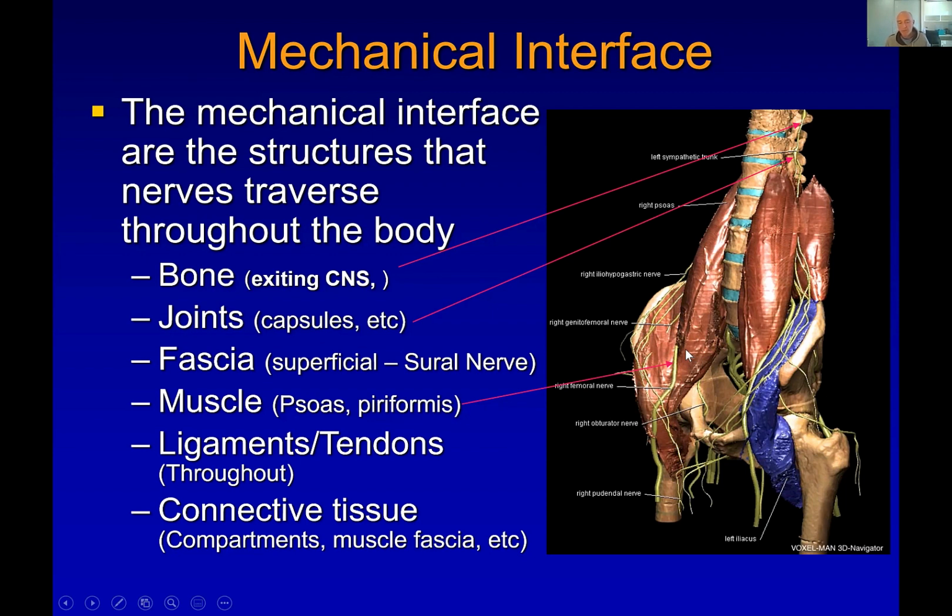So the sciatic nerve is not the only nerve that can run through a muscle, which most people would believe, unfortunately. The femoral nerve can pop out between those two, right? And that septum can be very, very thick if that side is loaded more than the other, let's say. So the thicker the septum, the less that nerve potentially can slide, right? So having an understanding of that, that's where the nerve traverses through, that's the mechanical interface through that area, means that if someone has femoral nerve symptoms and signs, straight away you can treat around